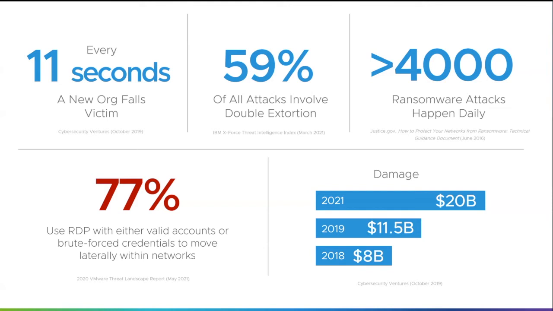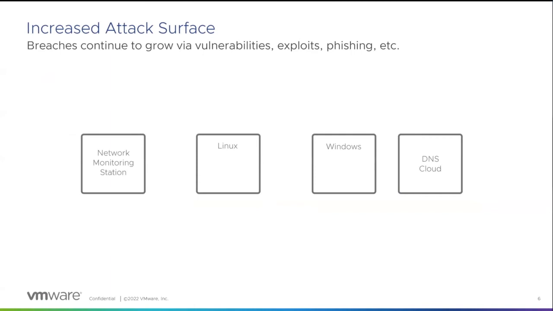But when we look at this evolving landscape, again, it's just making that traditional enterprise architecture and the investments that go along with it much less effective. Now, how have we traditionally tried to address this attack surface? So we've got a network monitoring station where we've got maybe some taps, or we're collecting some telemetry from elsewhere in the environment, with the goal that anything unusual would trigger an alert in that network monitoring station.